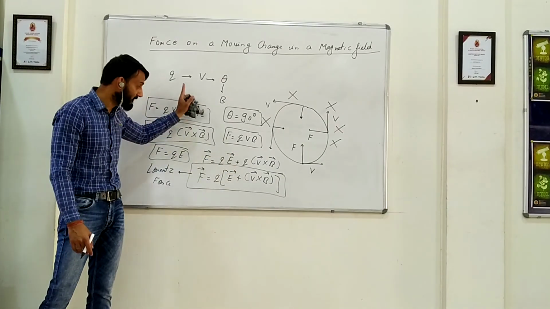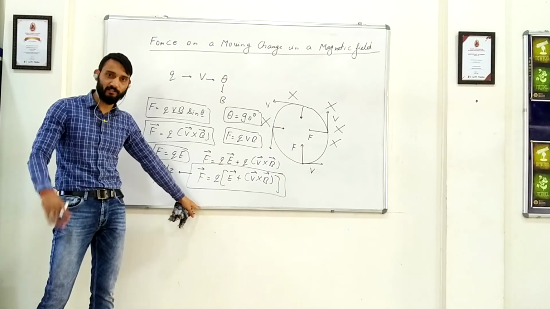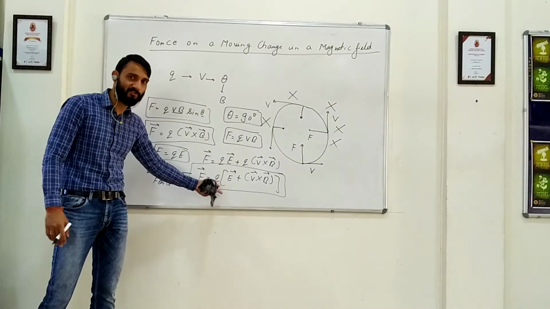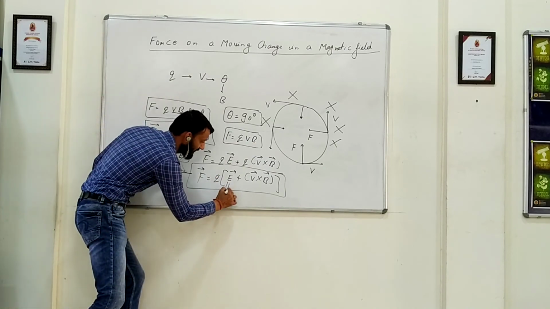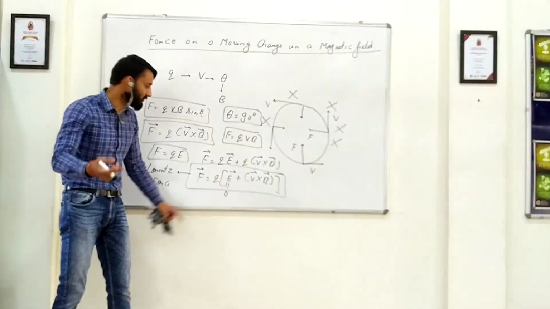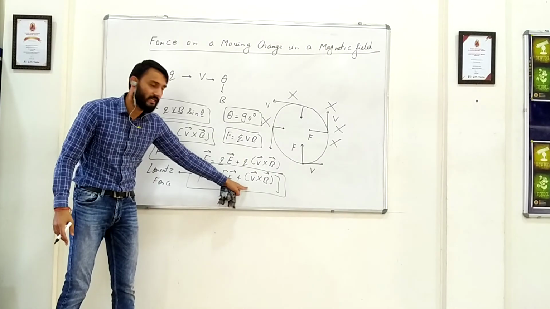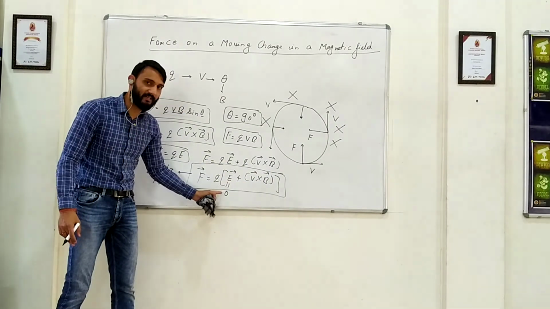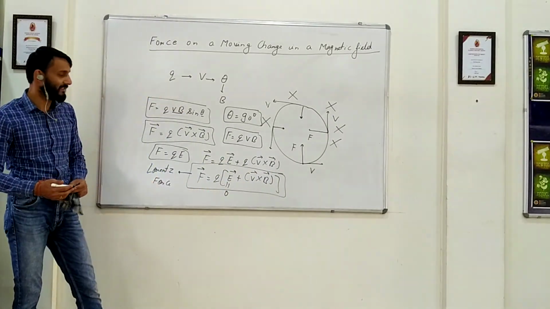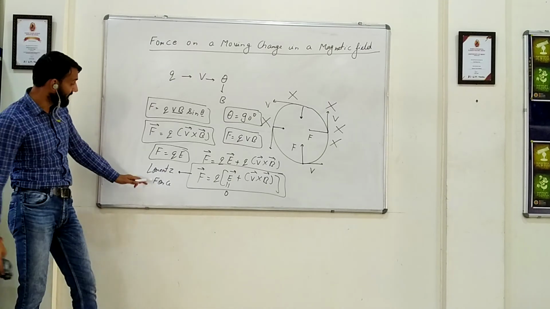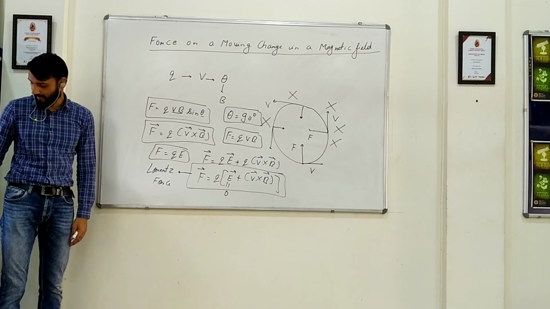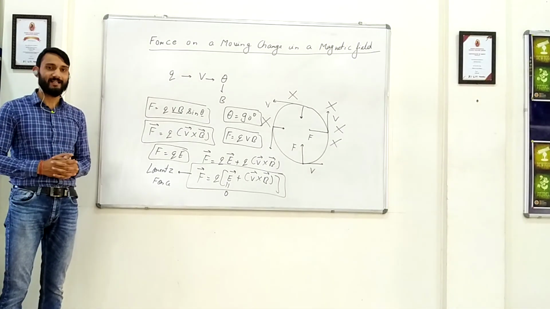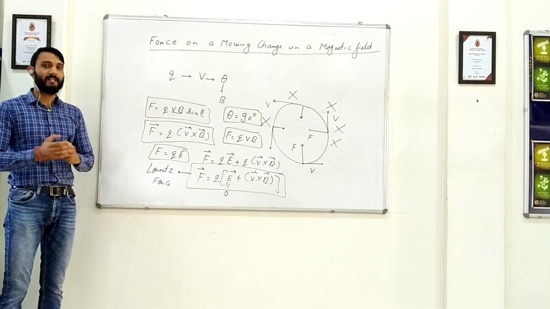But what if electric force is not present? Then also we will call it Lorentz force. Because the electric is not present, magnetic is there, so this expression will contain this electric field to be 0. And the same is true for this force also. If magnetic field is not there, only electric field is there, then also we can say that this is a Lorentz force, right? So this is a very important expression, and this was about the force experienced by a moving charge in a magnetic field. I hope you understood this part, right? So thank you.